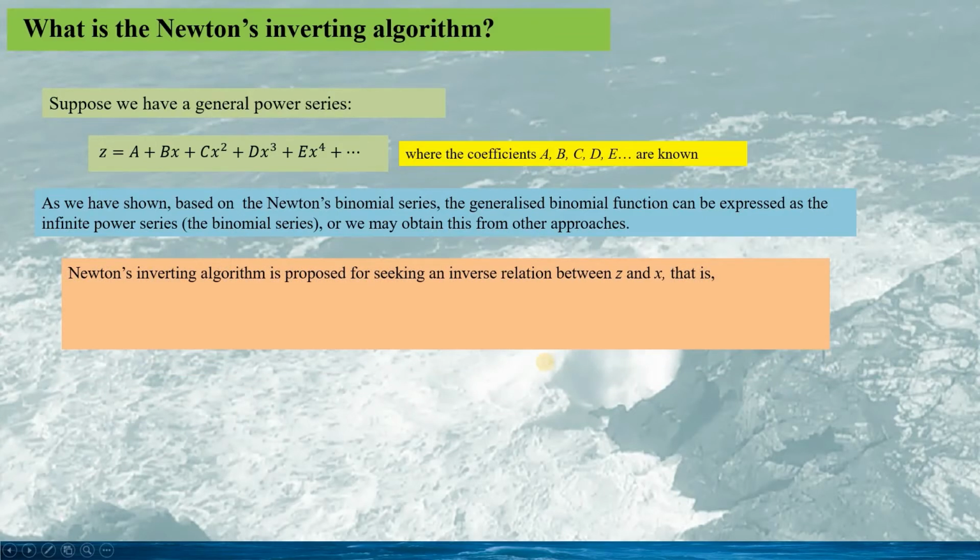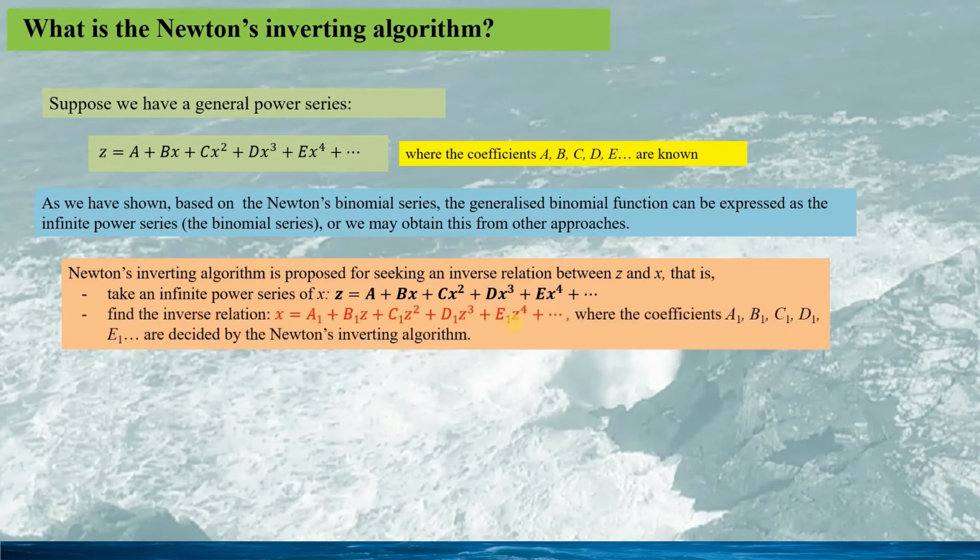Newton's inverting algorithm is proposed for seeking an inverse relation between z and x. That is, for a given infinite series, z expressed as a series of x powers, the purpose is to find the inverse relation, x expressed as a power series of z. Here we have another set of coefficients a1, b1, c1, d1, etc., which would be decided by Newton's inverting